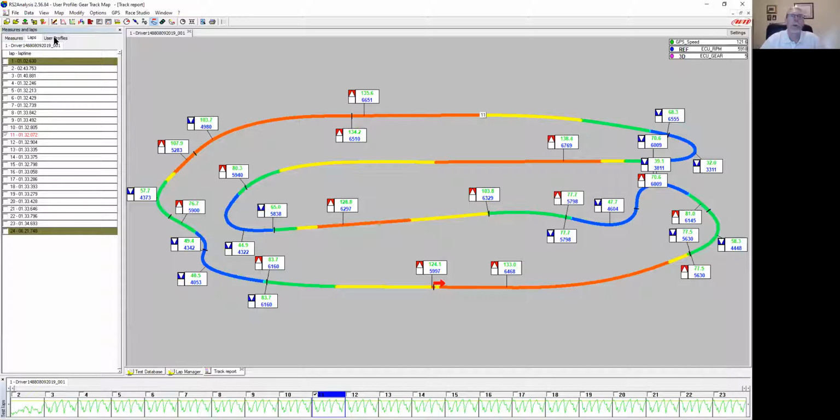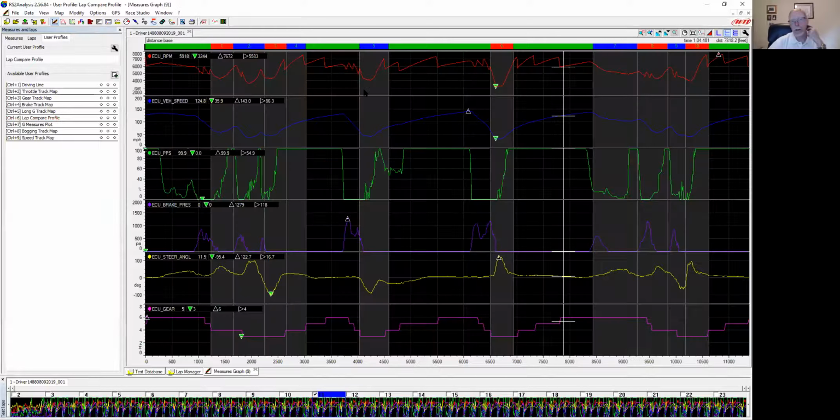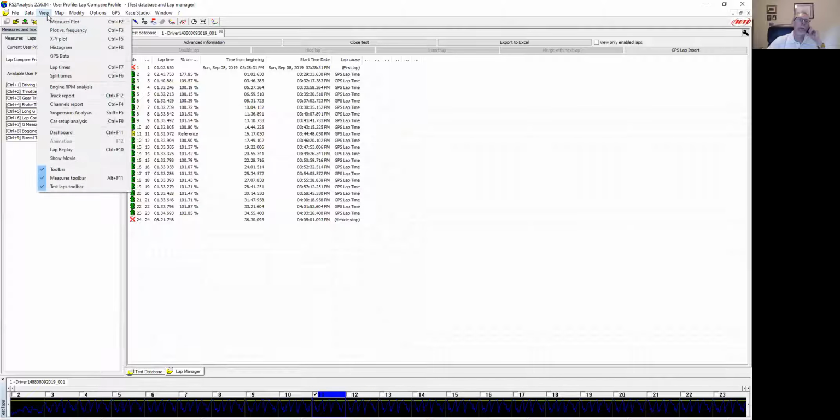So next one we're going to look at is lateral G track map. Oh, sorry. I'm going to create this one from scratch so that you all can see exactly how I do it. In order to get a clean slate, so to speak, I pulled up the lap compare profile I have, and I'm just going to close that. So now I have a clean slate, and I'm going to go to view,